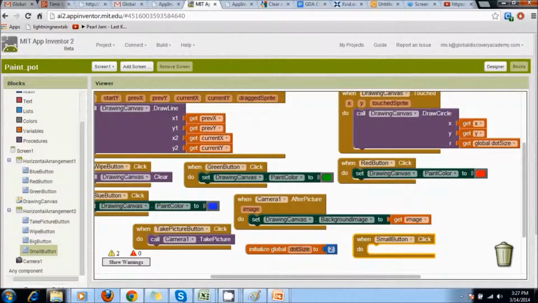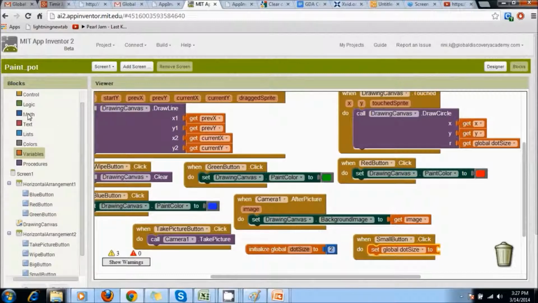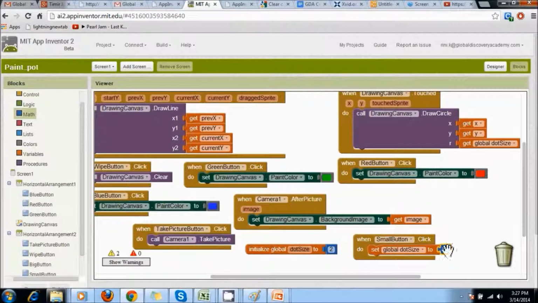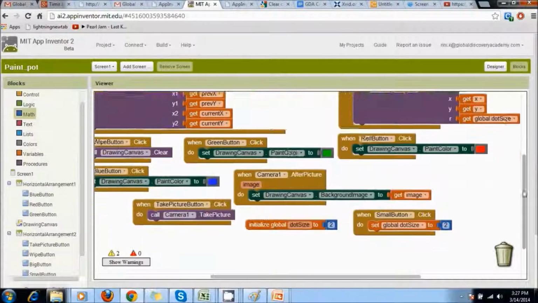So drag out a SmallButton.Click from the small button drawer, and now we're going to set the size block of the variables. So go back to variables. Here we're going to set the value of global dot size to 2. That means every time this button is clicked, the value of this variable is going to be 2, and that's what the value here will be as well.